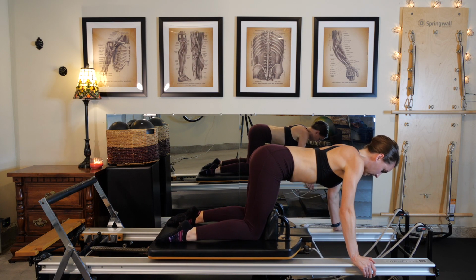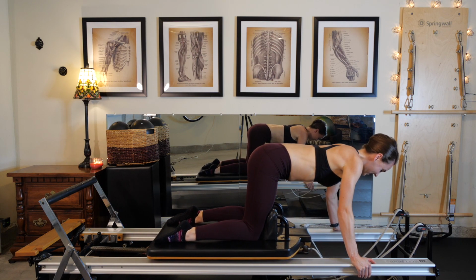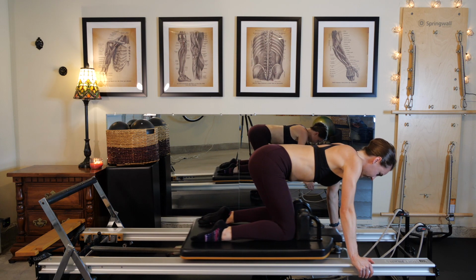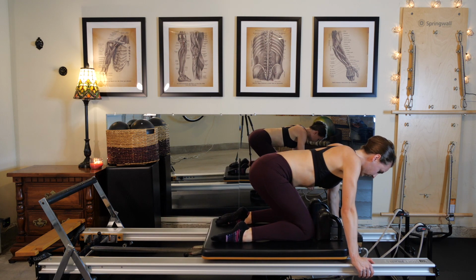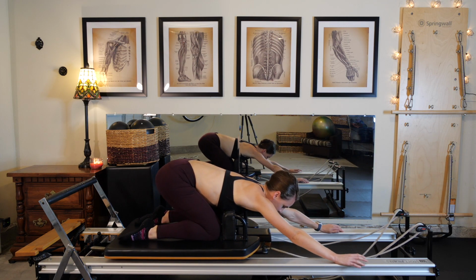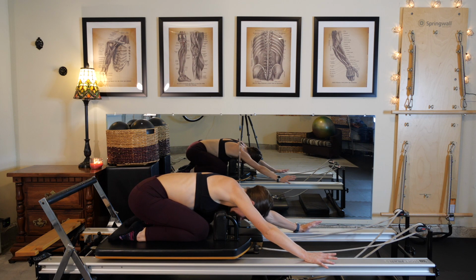Energy coming out of the spine, and it should be burning. Hang in there. Let's go for 5, 4, 3, 2, and 1. Allow the carriage to come in. You can set your hips to your heels, take a little child's pose, wiggle it out, and then we'll go